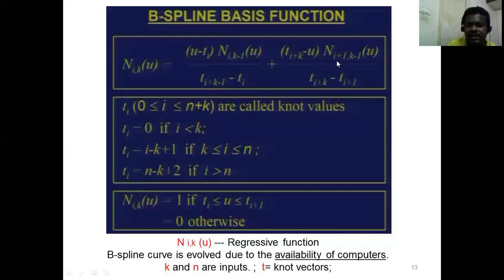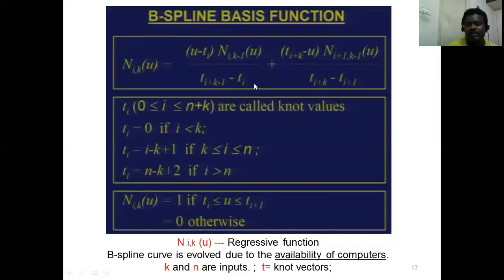Similarly, here also i plus 1. The i value is 0, which means 1. Here it will be 1. k minus 1 will be 2. So at the very beginning of finding the expression, for the first one, N03, is required N04 and N12. So these are all higher order coefficients. After knowing that only you can calculate. It's a recursive function. It is very difficult to calculate.